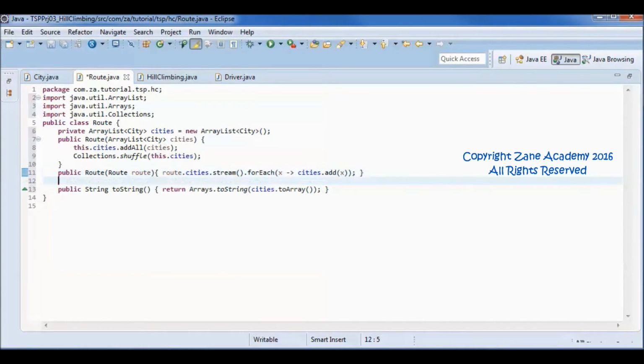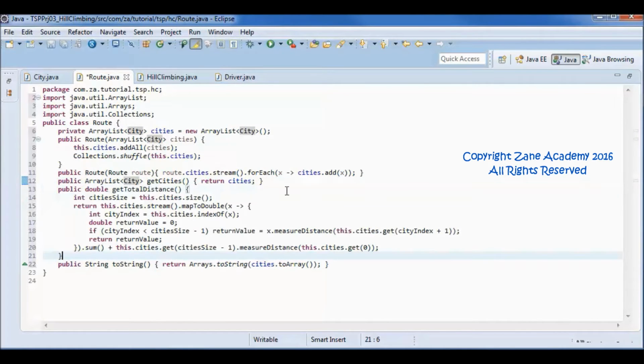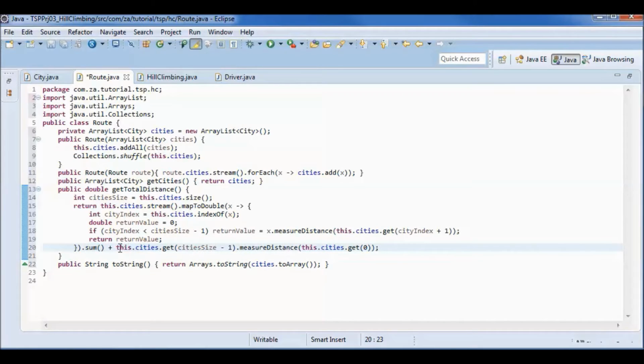And I will have a get method for returning this array list of cities, and a get total distance method that calculates the distance between city 1 and city 2 and city 2 and city 3, etc., and then sums them up and adds the distance between the last city and the originating city.